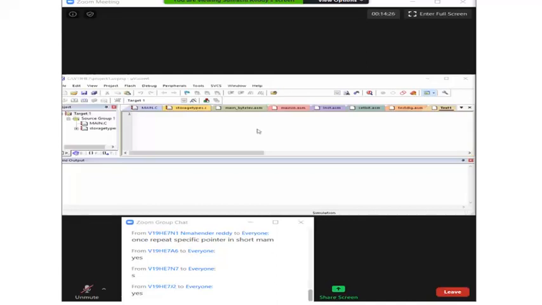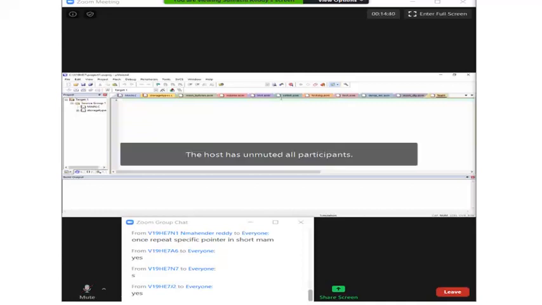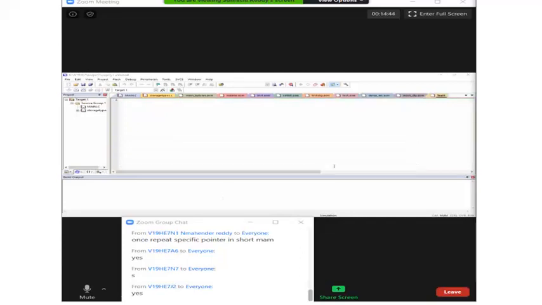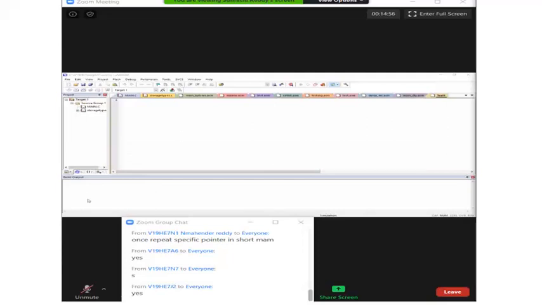So here, when you are declaring the pointer itself, you provide to which data it can point, that is internal or external. Then it will point only to that data.